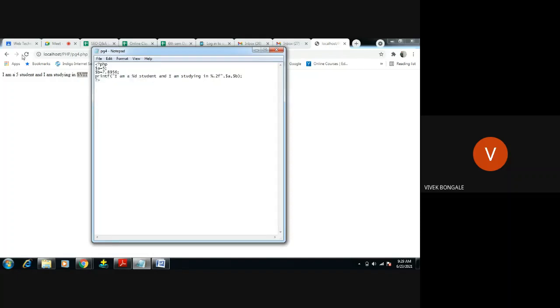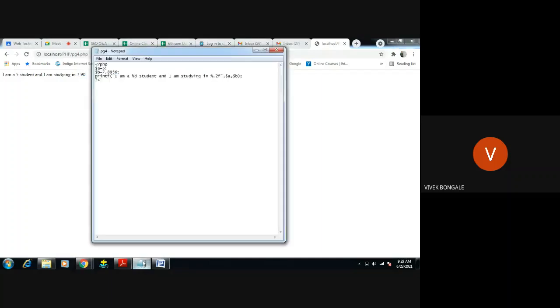Save. You can see here, you got 7.90, it rounded off that value. With %.2f you got only these 2 digits. For example, if you want to display 3 digits after the dot, you have to give 3 here.